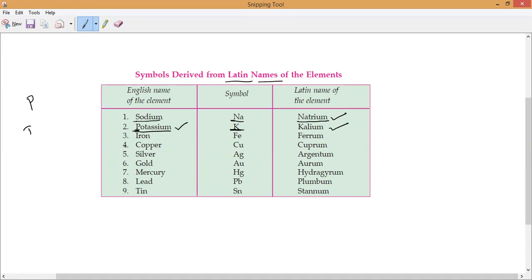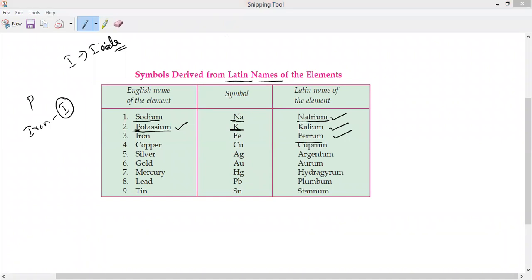Iron. Maybe you noticed it. Iron's spelling is IRON, so we would write I. But what symbol are we using I for? Iodine. So that is why we should not use I for iron either. So we take a Latin word, ferrum. Understand? Ferrum, Fe. We have been taking ferrum.